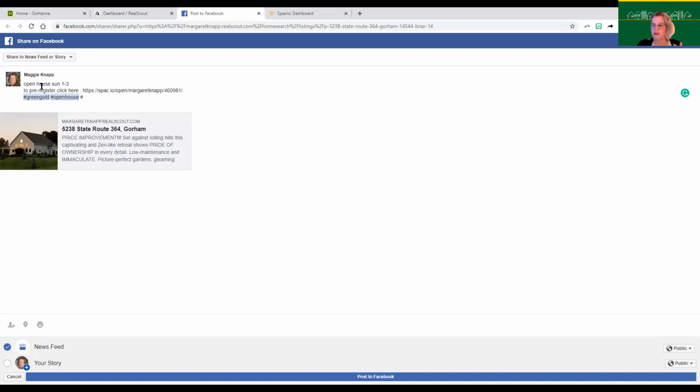People that follow hashtags, it helps them stay connected. So this is a great way to use Real Scout and Open2Close together. I like this technique. And then when they go on that Spacio link, that brings them into a pre-registration asking for their name and their email and how did you hear about the open house and those kinds of things. So try that. Practice with something, and it's just a great tool to get that open house out, and you